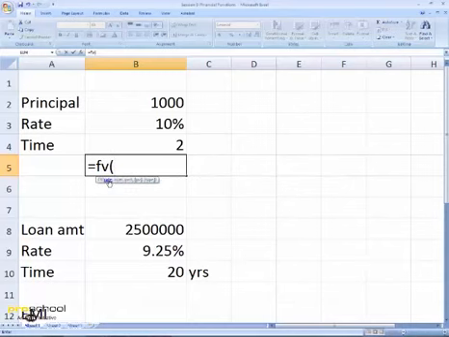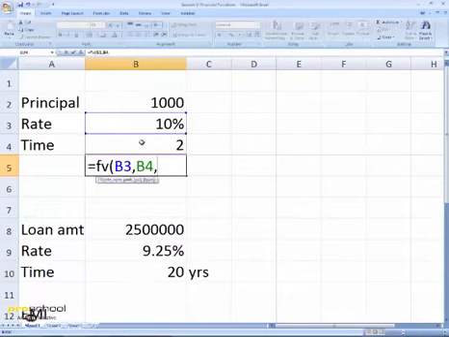It says rate, that's 10%, comma, number of periods, that's 2 years for me, comma, PMT. PMT refers to the constant cash flow that is happening between the time period. As I said, in this period we have assumed there are no in-between cash flows, so I'll take it 0. But if you are taking a case like a recurring deposit where every month you deposit some money, that constant amount will come here as a third parameter,